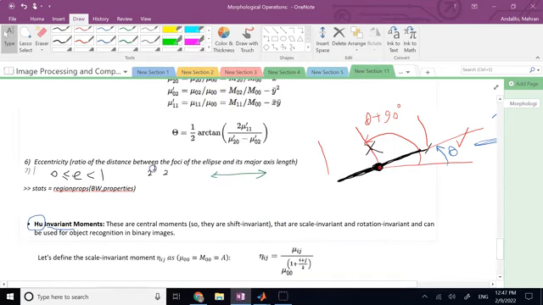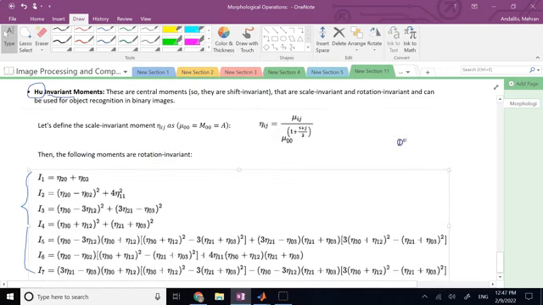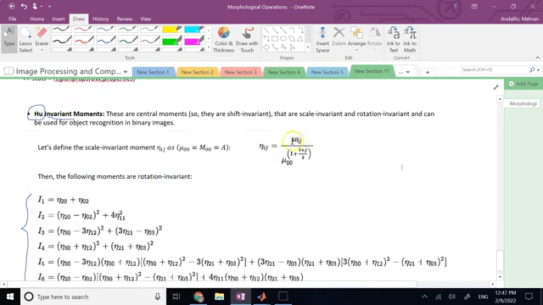And that's what Mr. Hu found first. He said the first thing you do, you divide each and every one of these mu's by mu 0,0, remember, mu 0,0 was the area, to the power 1 plus i plus j over 2. If you normalize each one of these central mu's by mu 0,0 to this power, then the resulting moments eta are also scale invariant. So now if you compare eta against eta, not only are they shift invariant, they are also scale invariant,